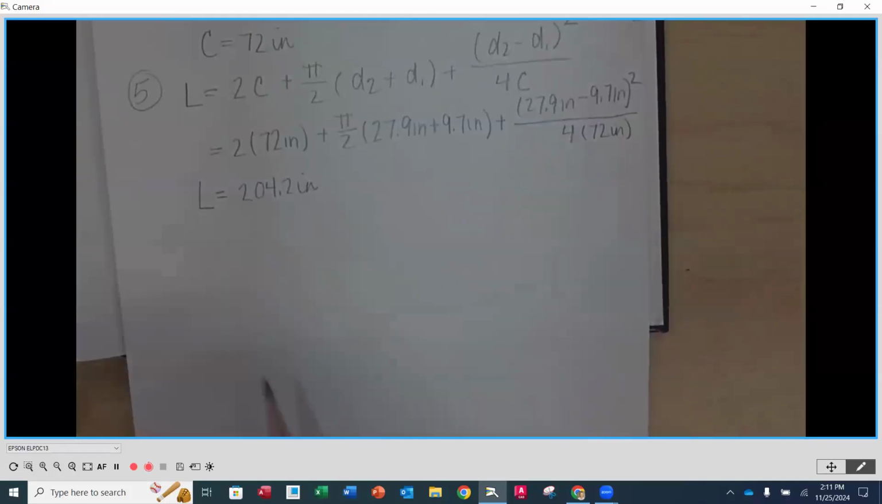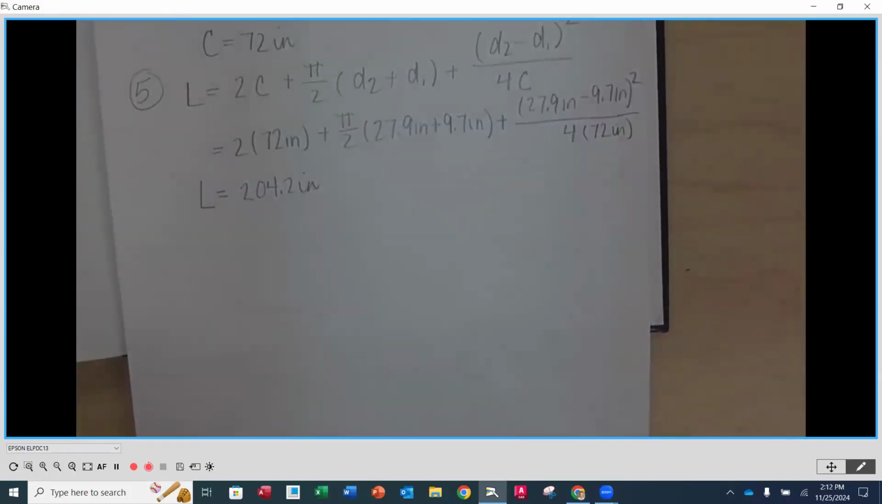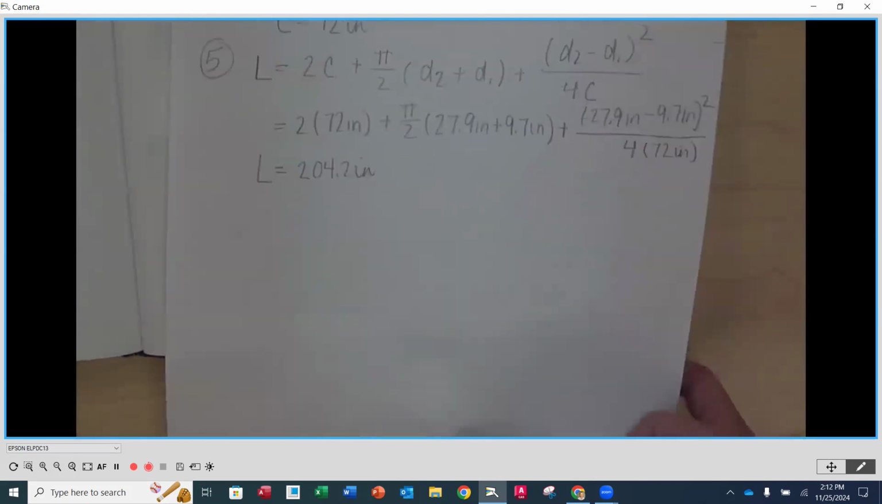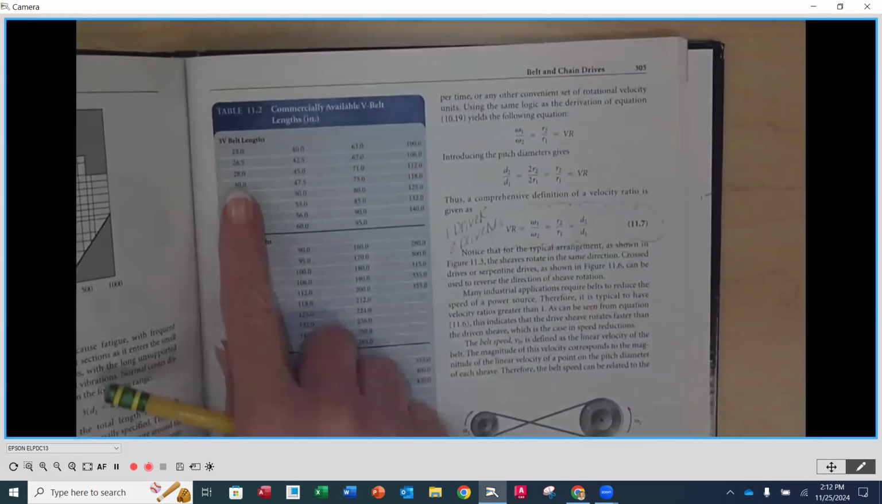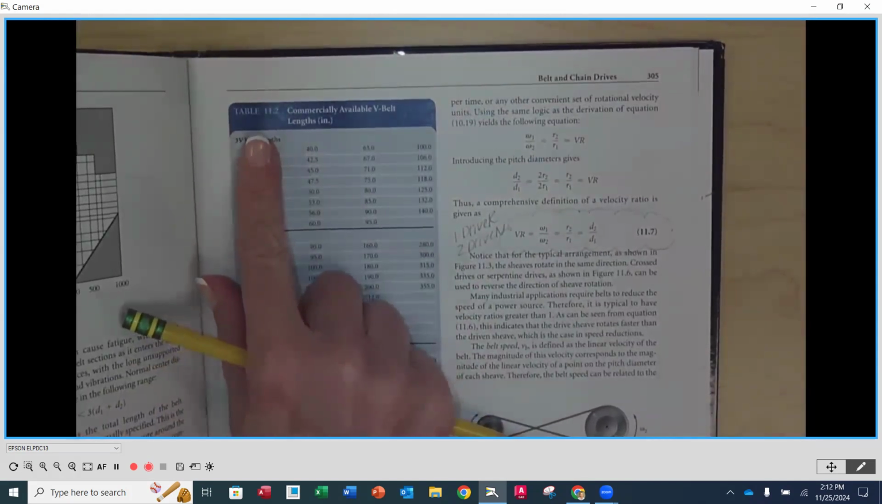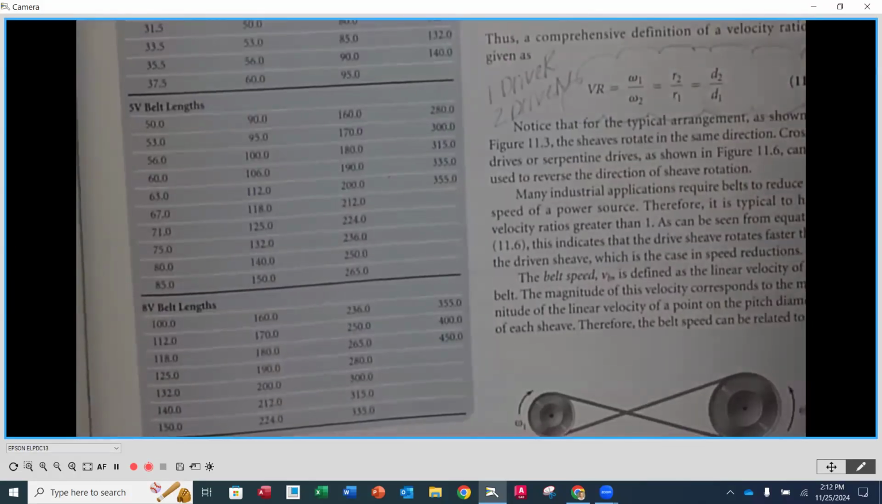So let's now take this length. Remember, this is a continuous belt, so we have to pick a belt that is on the chart. So let's go to page 304 or 305. And this is going to be table 11.2. And we're going to go into the 5V belt lengths. Okay. 5V belt lengths. And we want to find something close to